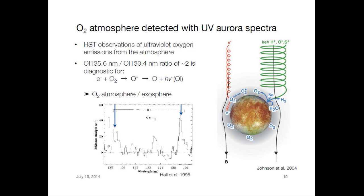process that's going on here is electrons from the plasma environment of the moon, electrons from Jupiter's magnetosphere, hit the atmosphere, the molecular oxygen in the atmosphere of Europa, dissociate it and excite it, and then finally these emissions are generated. So that spectrum finally brought evidence for this O2 atmosphere, and the sketch to the right